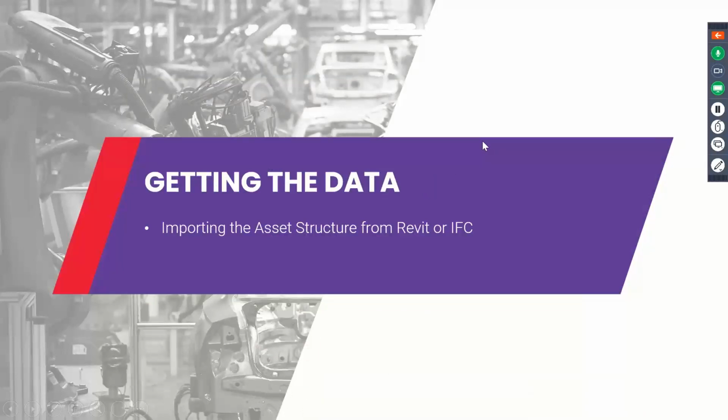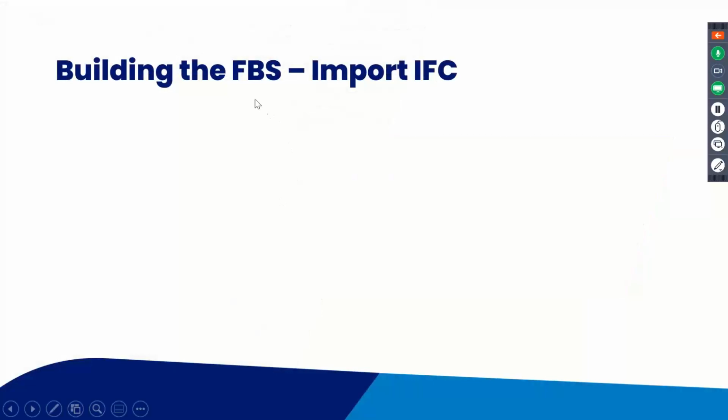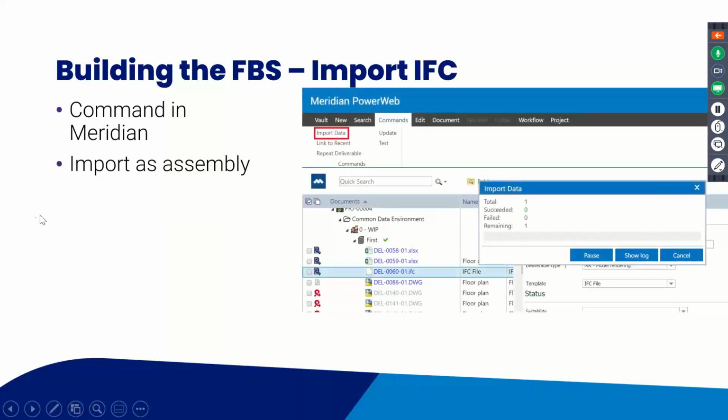But to do so, you need to get the data. And how do we get the data in the system? Well, you could tap it in yourself if you are a patient guy. You could also take it from 3D CAD models like a Revit or an IFC. And what we can do here is that if we use the Meridian document management system also in the cloud, we just have an import, and we can import all data into Meridian